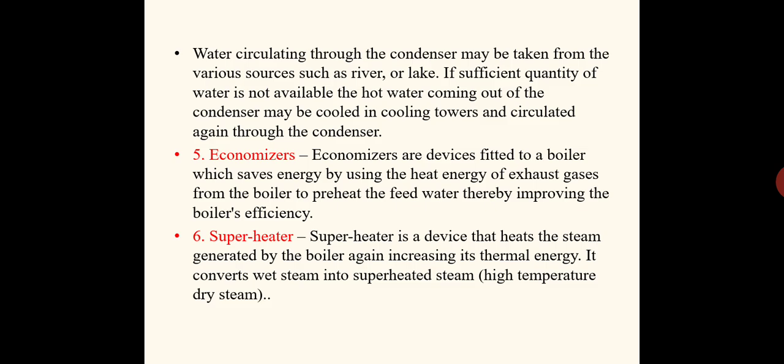So, Q is equal to m Cp delta T. Q, the heat required, is directly proportional to the temperature change. See, initially from 30 degrees Celsius we are heating to 100 degrees Celsius or 150 or 200, whatever it may be. That is the delta T term. So, that much delta T will depend on the heat input. Q is directly proportional to that delta T term. So, if that delta T is more, more heat is to be provided. So, that will be the loss of energy. So, more fuel is required. So, it will be a loss. Flue gas, already having a very high temperature, is to be expelled into the atmosphere. So, if we are extracting that heat, that will be an advantage.